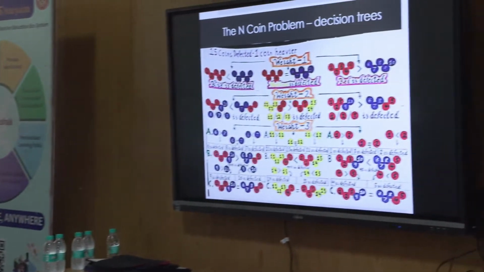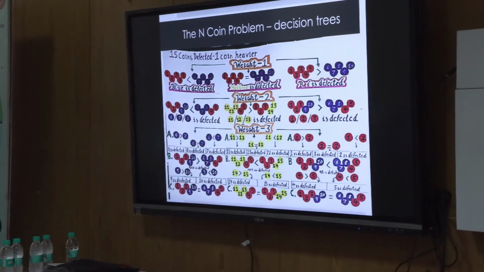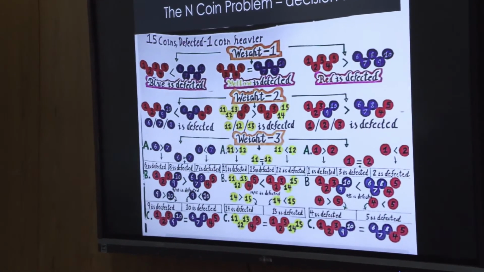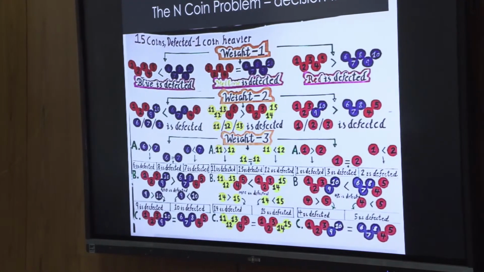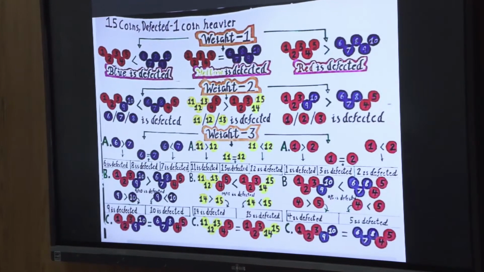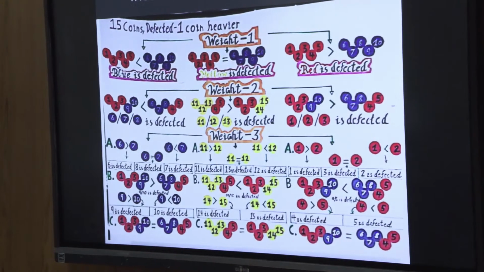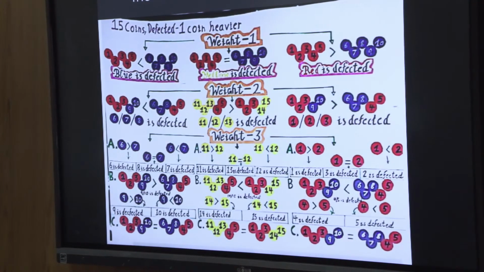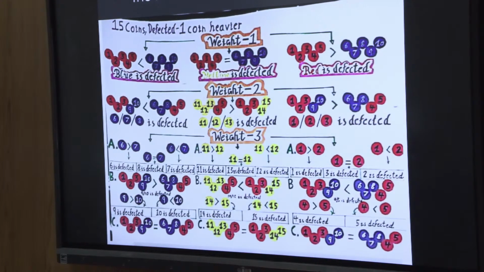It took me some while to understand. If you look closely at the picture, they are saying let's color code and make groups of five red, five blue, and five yellow. Now, if you look at the middle part, the first weighing is you weigh the red versus the blue. If they're equal, that means the yellow obviously has the faulty coin. But in the second weighing, they did something with mixing. And in fact, they did not have experience of coin weighing problems. But this is also a strategy which is used.